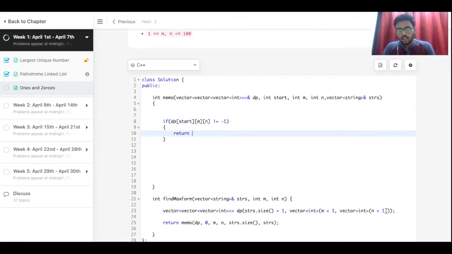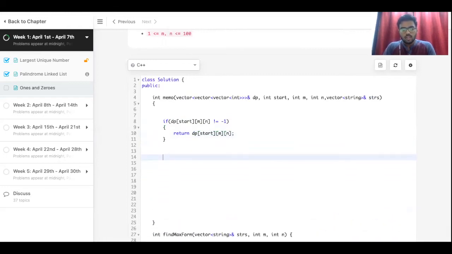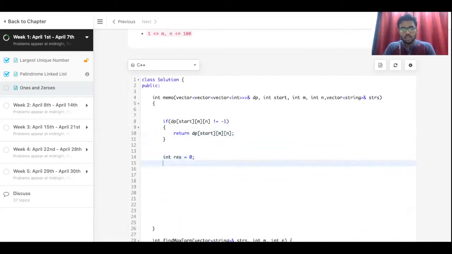Okay, I didn't initialize this to -1 here, so -1, yeah. So at that time we return dp of start, m, and n. All right, now I create a variable result which I initialize to 0. I initialize i to start.